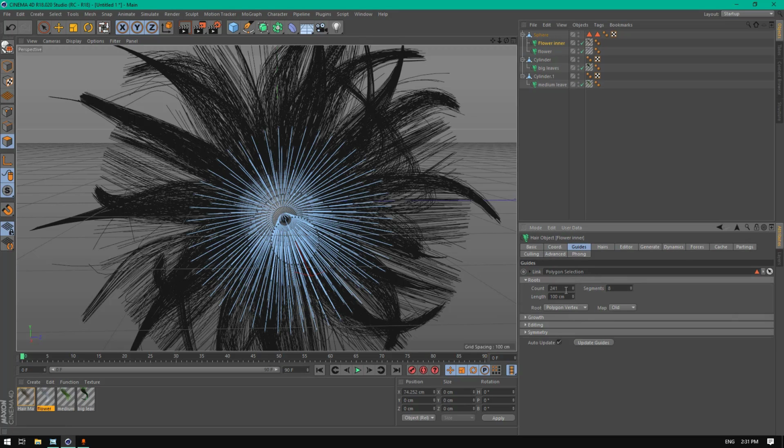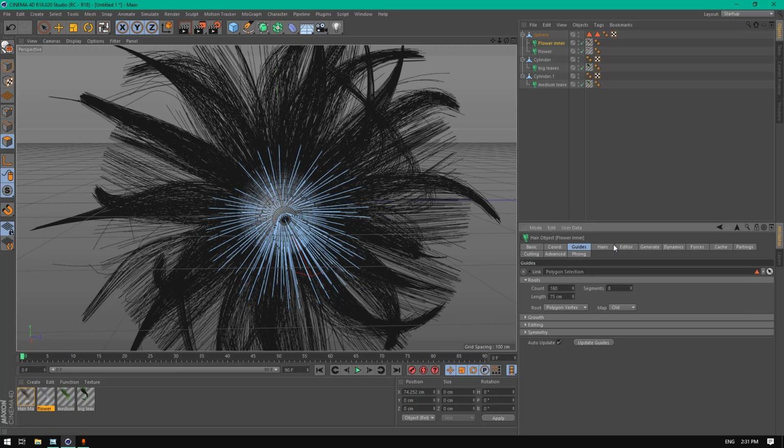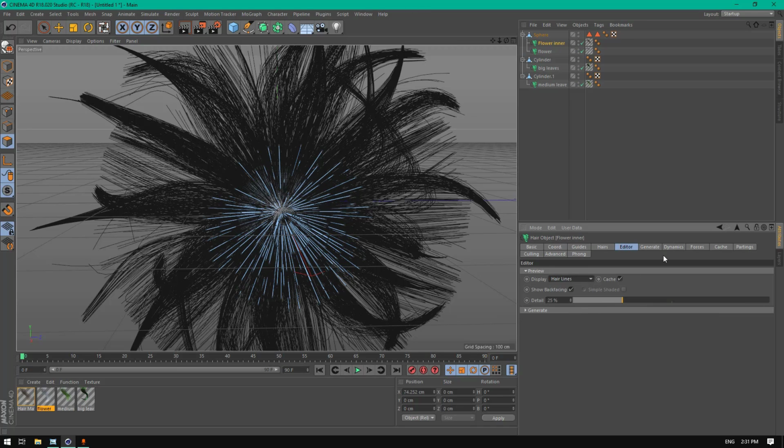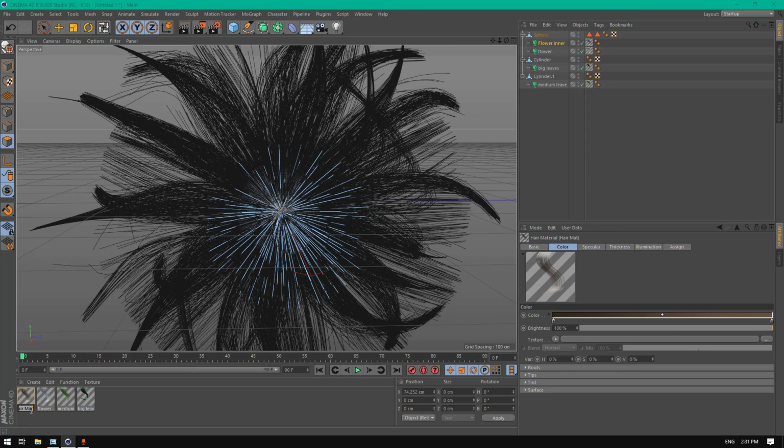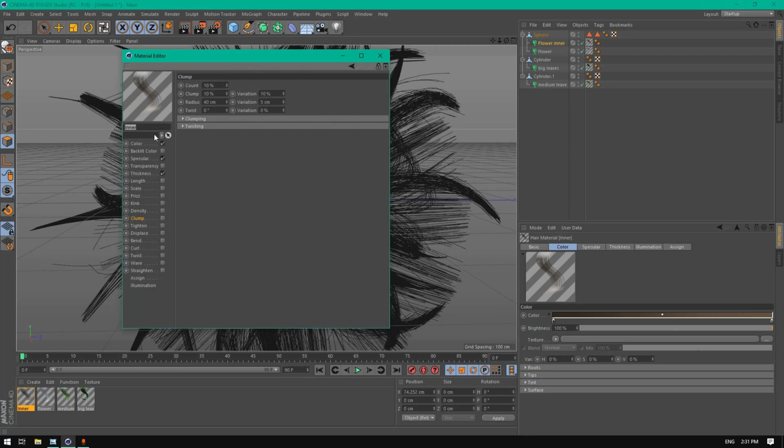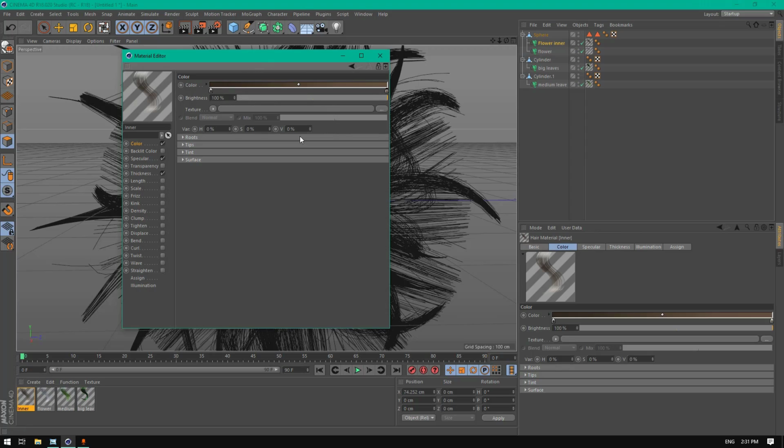We change the guides to, the count will be 160 and the length will be 75. Go to editor, hairlines, disable dynamics as every previous hair. Let's name this one inner